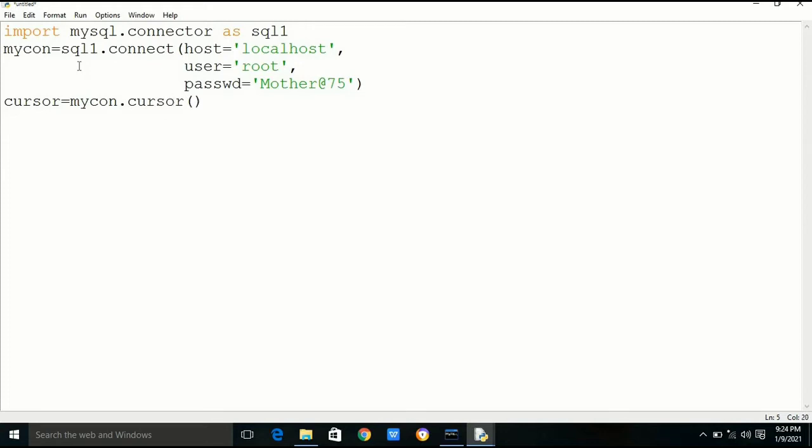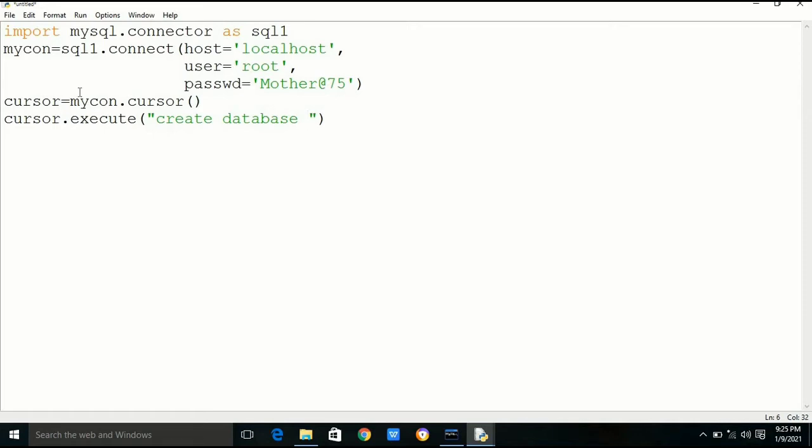As we know, to create a database, the syntax is create database then database name. Here we have to write cursor.execute and within round brackets, in double quotes, we write create database bank, as we are going to create the bank database.